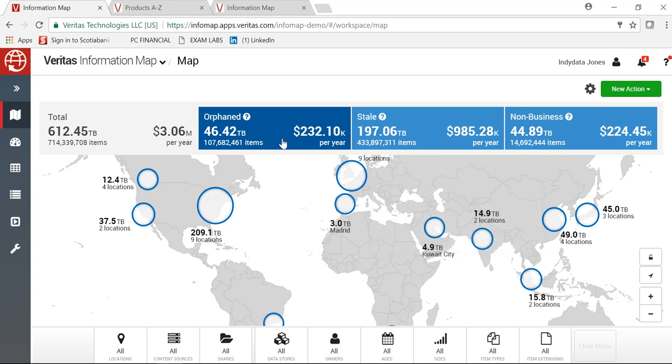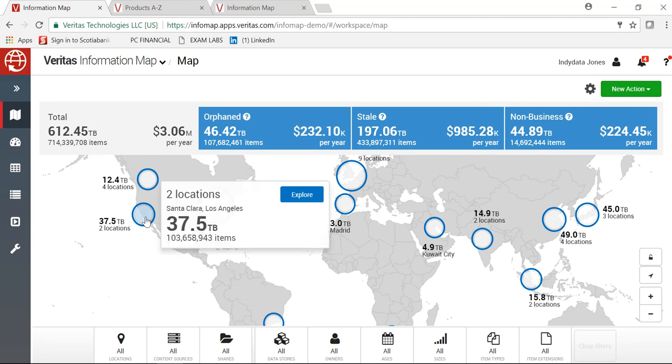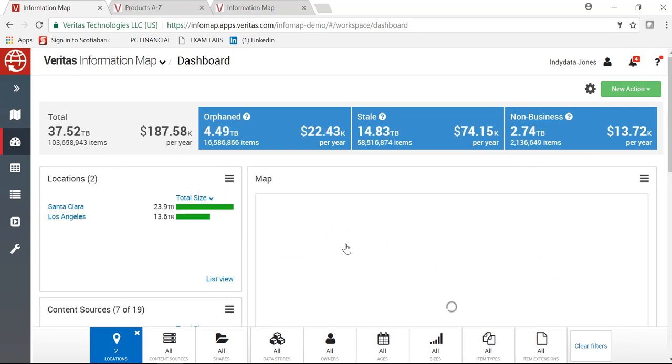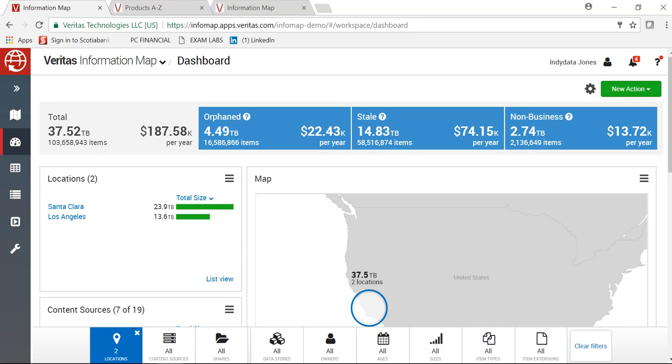So you can see, without doing anything, it gives you information that you're spending around $3 million on average per year to save the information that you have in the organization, and it also divides it into different categories. So for example, just taking this US location, I have two locations here, Santa Clara and LA. If I click on this, I can drill down further. In the Santa Clara location, I have around 23.9 terabytes of data stored. In LA, I have close to 13 terabytes. If I further drill down into Santa Clara,